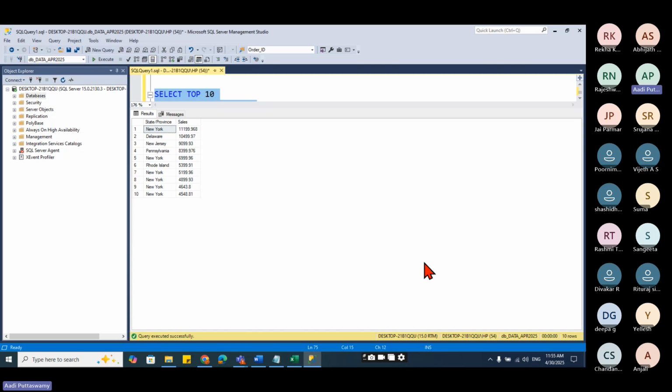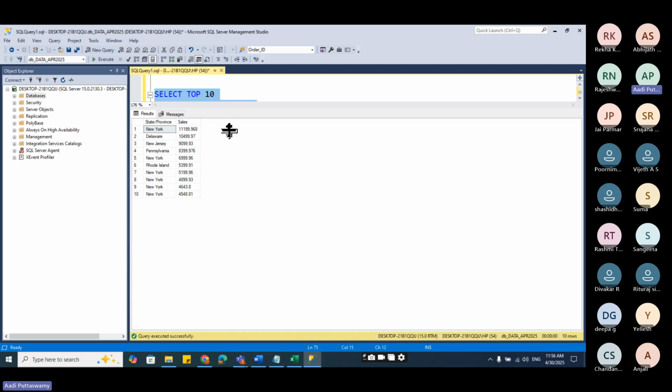This is from the entire table. But here you can see that there are some duplicates also. Why are the duplicates coming? Because you're just taking the direct data from the table. Then what should we do? I want to aggregate the values. So in this case, you can see New York is coming many times because it is repeating many times. Let's say I want the aggregated values based on state or region or whatever.